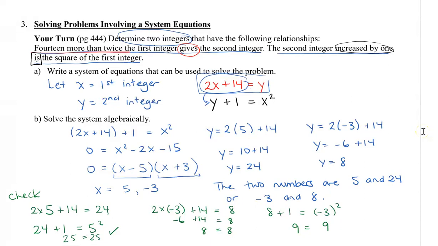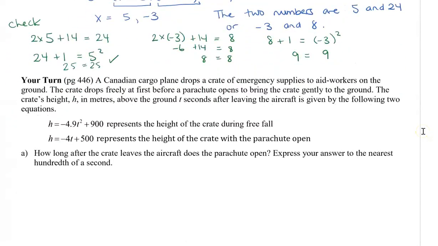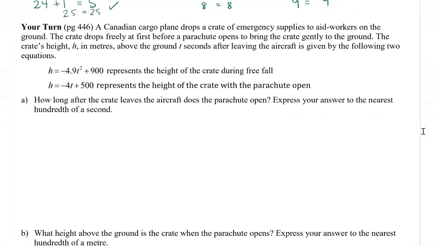All right, let's take a look at another example. So in this one here, I can see that the equations are given to me. A Canadian cargo plane drops a crate of emergency supplies to 8 workers on the ground. The crate drops freely at first before a parachute opens to bring the crate gently to the ground. The crate's height, h, which is in meters, above the ground, t seconds after leaving the aircraft, is given by